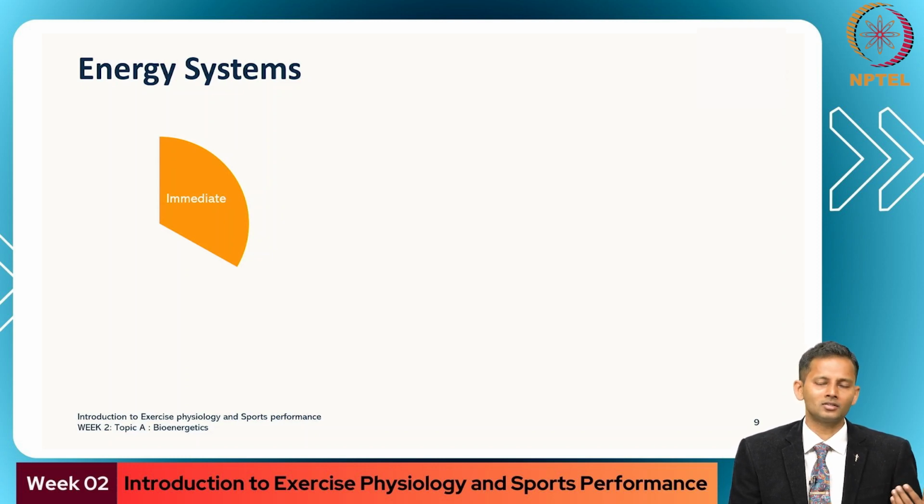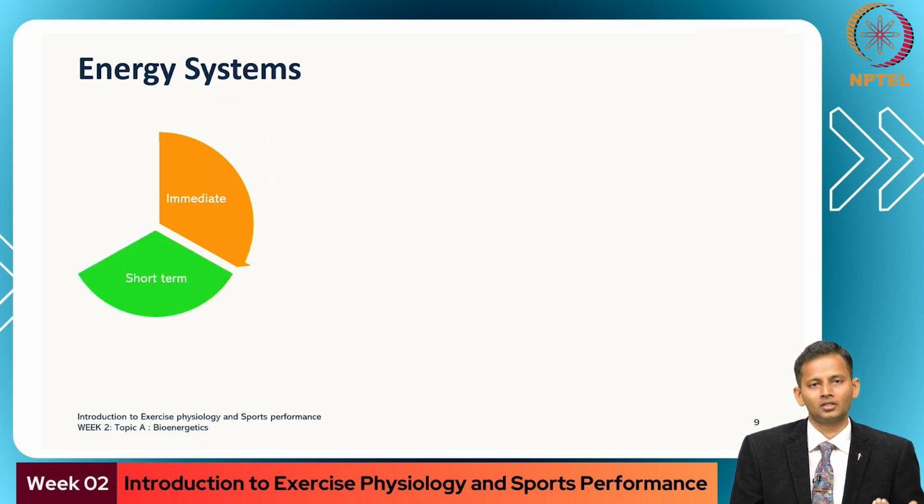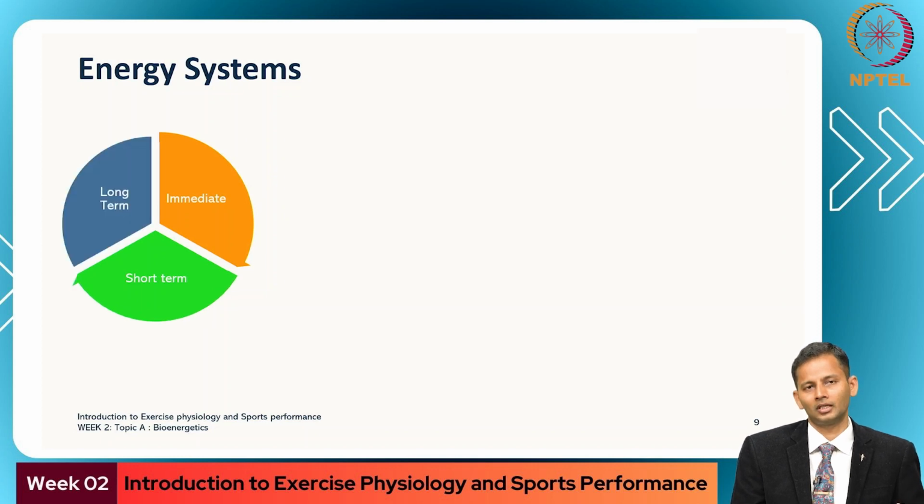We will equate these energy systems to the requirement of money for some kind of expenditure. Something like an immediate requirement, the immediate energy system, which can provide you without much hassle. Then you have the short term, for a certain period of time, wherein you can lend on loan for your activity. In the long term, you need investment for some long, big projects, so you need someone who can lend you a loan over a period of time, right? Similarly, the energy systems are immediate, short term, and long term.